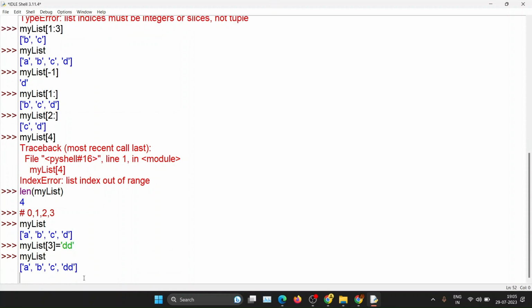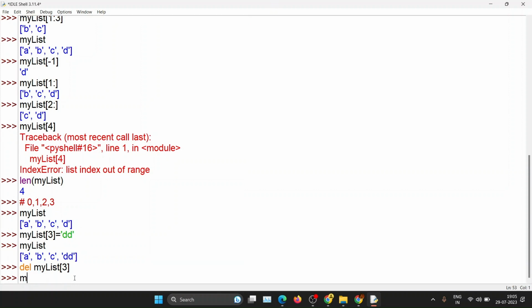So when we say my list, the D gets replaced. Be careful that whenever you are using an assignment operator, you are actually replacing the value at that index. If we want to delete a value at an index, we can simply say delete my list and the index. Suppose we again say 3, so we want to delete double D. Okay. And now if we check,